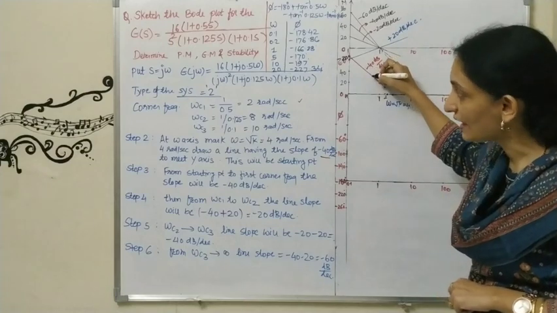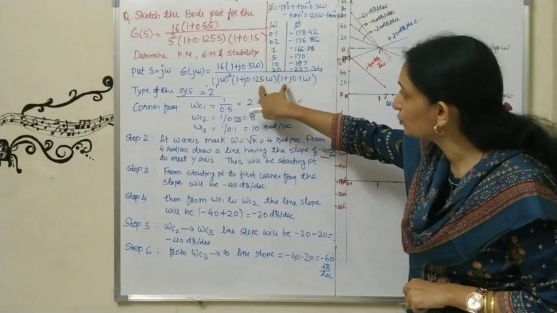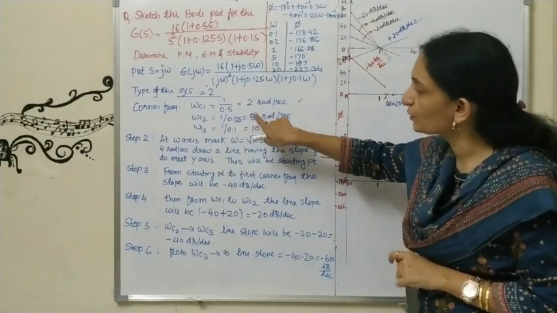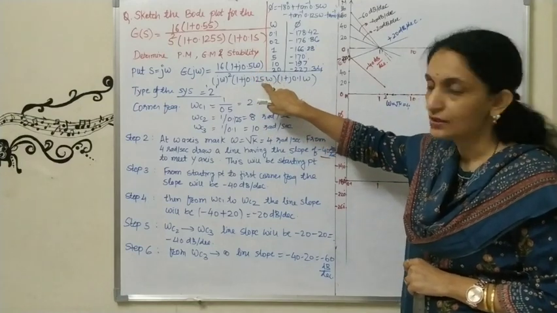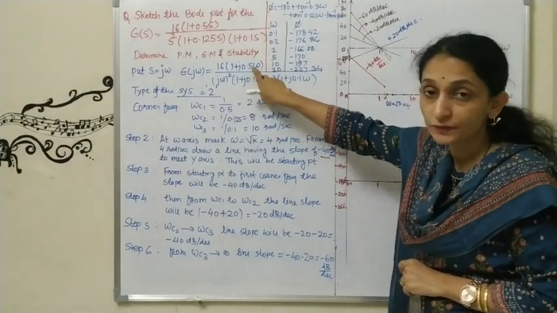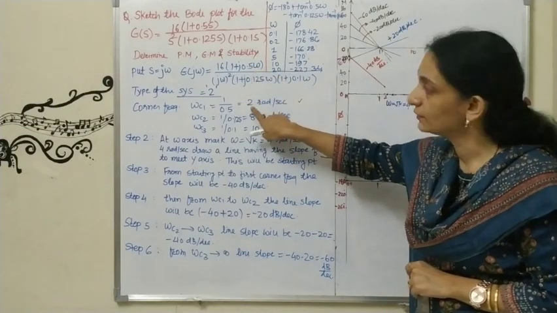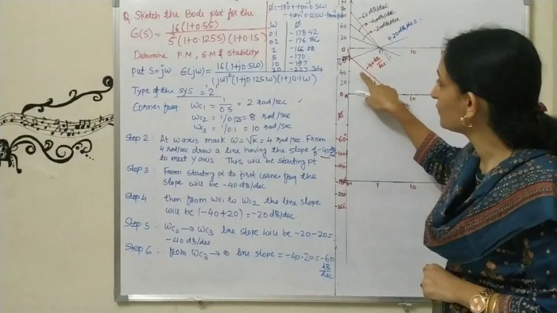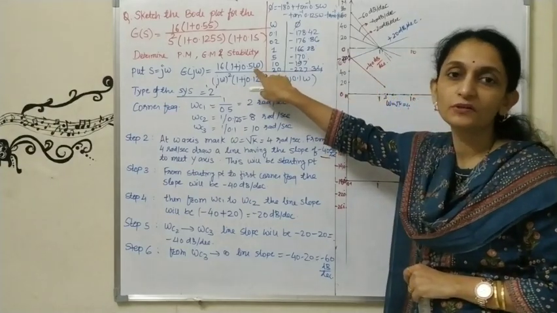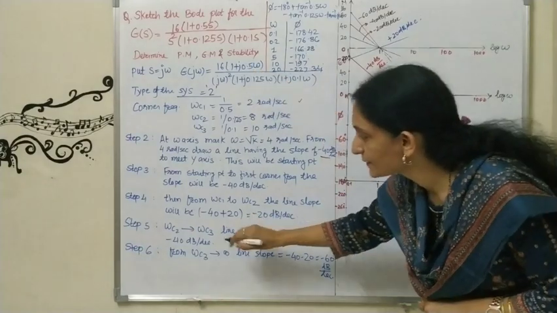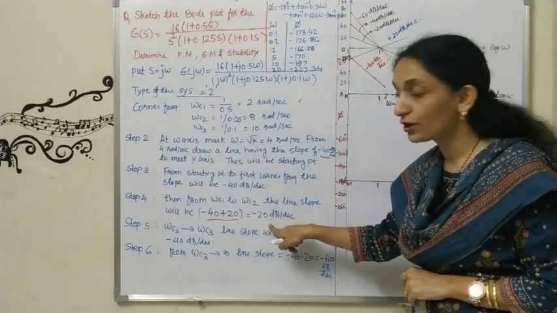Okay. Now next is actually the pole. You can check that. Here 2 poles are there. But what we will do, we will consider the factors according to corner frequency. So see, we will consider the factor 0 because the corner frequency of this 0 is less, that is omega C1. So what I will do, my previous slope is minus 40. Okay. So for this 0, the line slope will be plus 20. So look at this, minus 40 plus 20. Okay. Minus 40 plus 20, so I got minus 20.